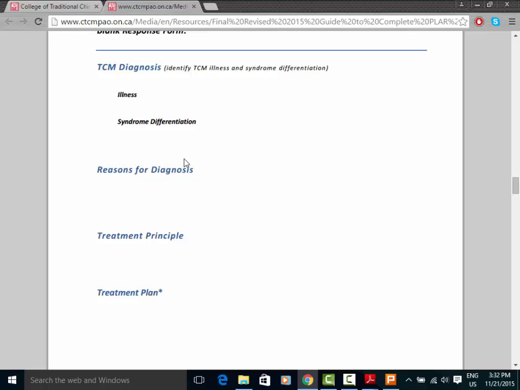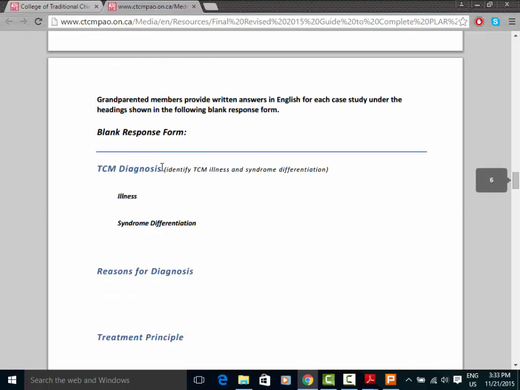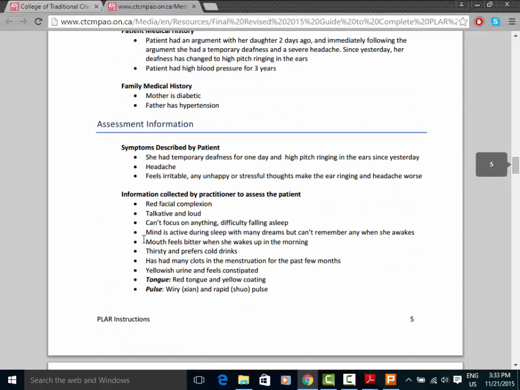And then you have to explain your reasons for diagnosis. This is what I was saying. This is the gap that most non-TCM trained acupuncturists have. If you can't explain, then even if you choose the right points, if you don't know why and you're just going out of the book, right? There's sections of the notes that do give explanations as for why, but you should be able to link the signs and symptoms that are given with the diagnosis. So if we go back here, and they have their own answer sheet, but if I do it on my own,